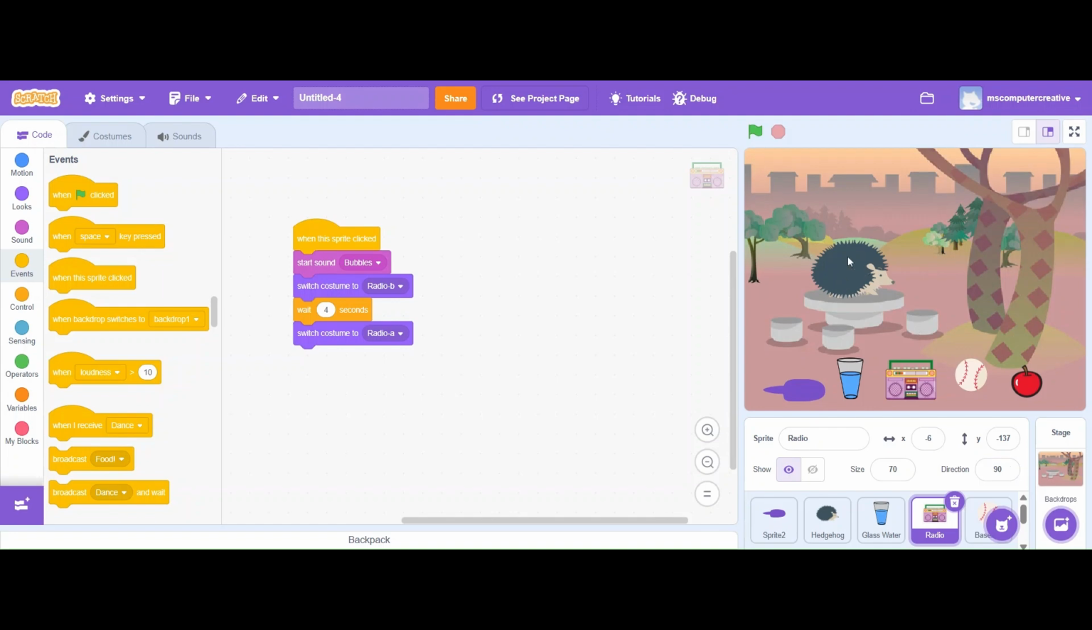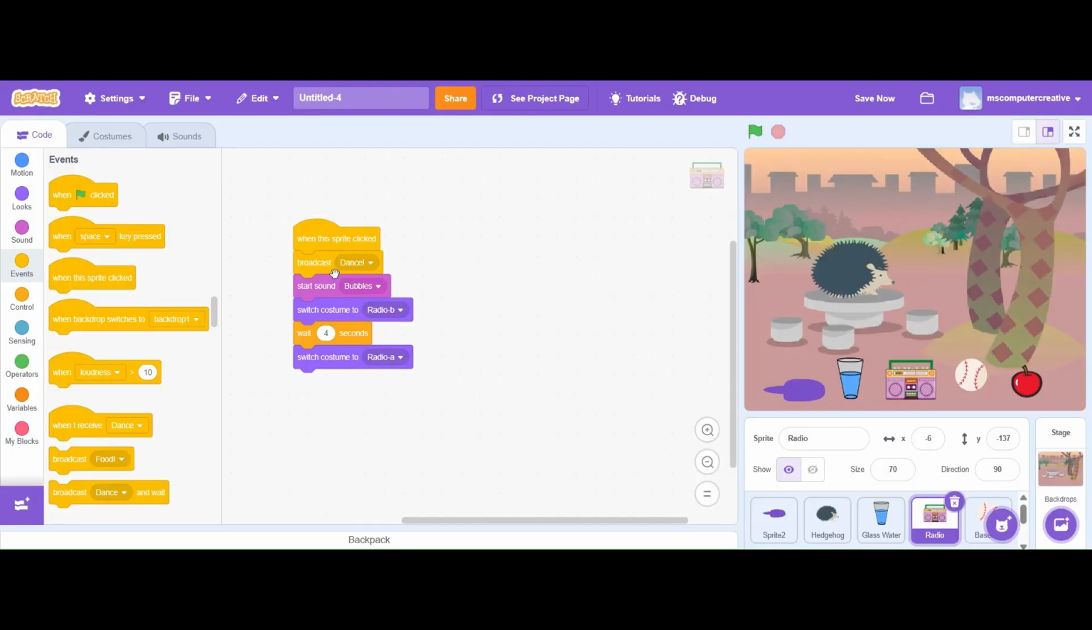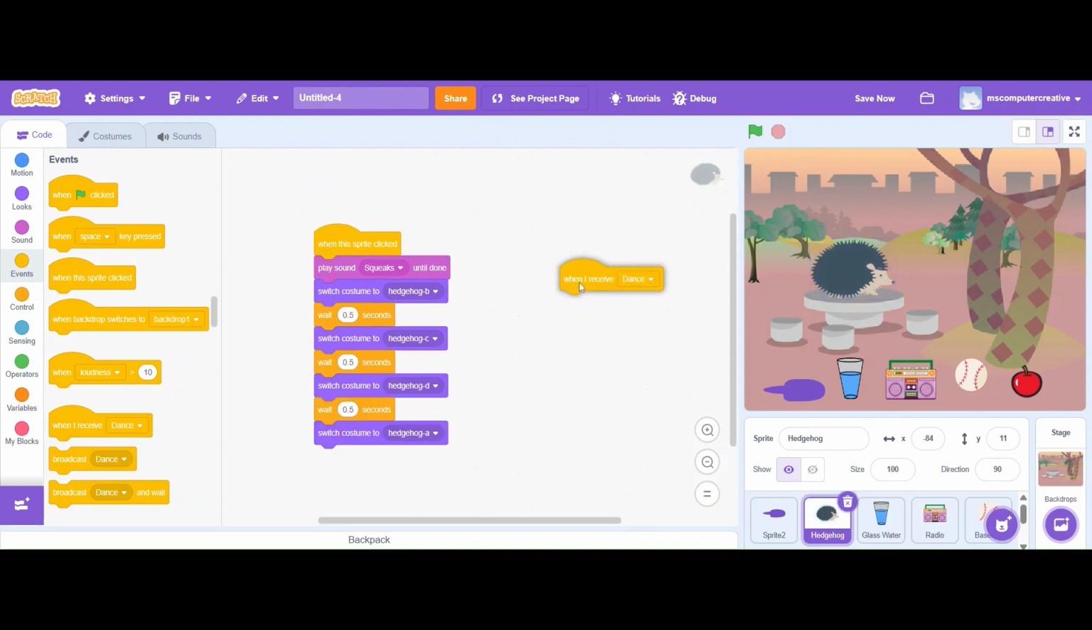Now I want my bit to dance once it hears the radio voice. How can I do that? So I am in the radio. I will go to broadcast from here. So I will broadcast a new message like dance. So broadcast dance, I will go back to my bit. So when my bit receives the dance,